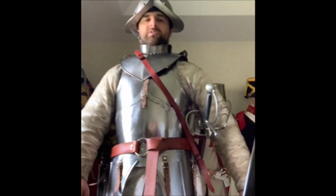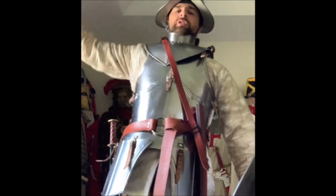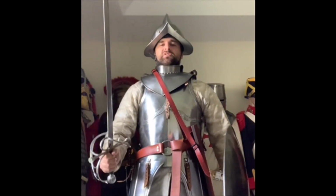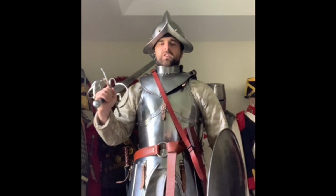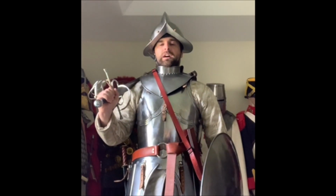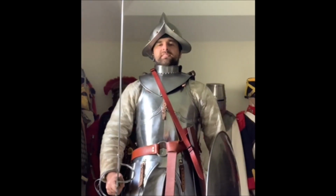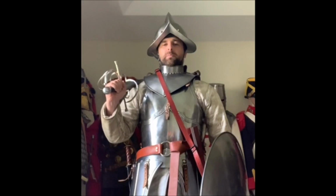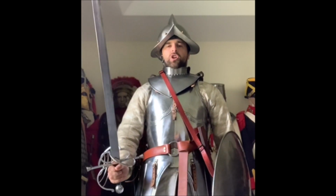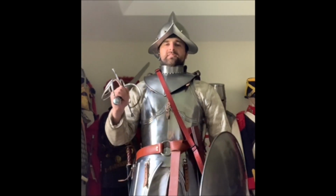Now, other weapons that we'll take a look at. One of the most important and iconic that most people like to discuss and look at is this, right? The sword, okay? Now, conquistador swords came in a variety of forms and functions. They're anything from broadswords that would have been very common on medieval battlefields to more slender rapier designs. All right, the conquistadors at this time were using real primitive rapiers, like the one that you see here. They're still going to be somewhat thick. They're going to be long, but they will be narrower than your typical broadsword, because at the time the steelmaking